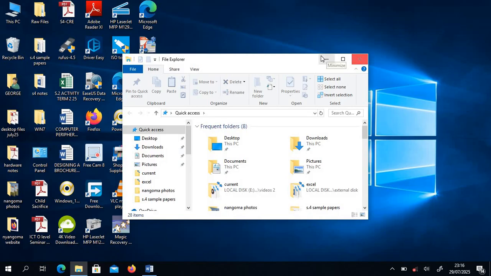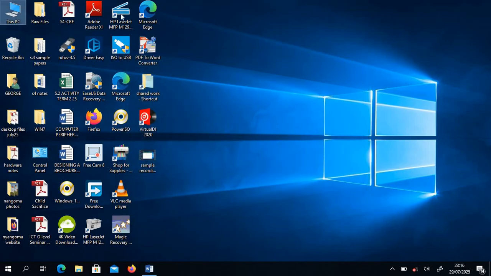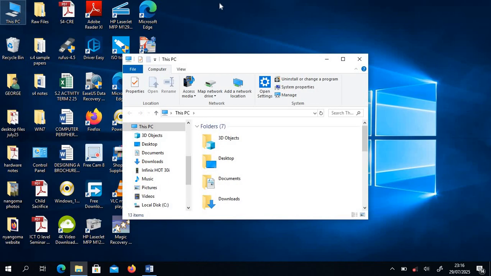That is File Explorer. If you look critically at this bar, it shows File Explorer. Then let us close it and see what happens if we open this PC icon. Still it shows This PC, but it gives us almost the same interface. On this interface, if we look at the left pane, we have This PC, and under This PC we have different locations